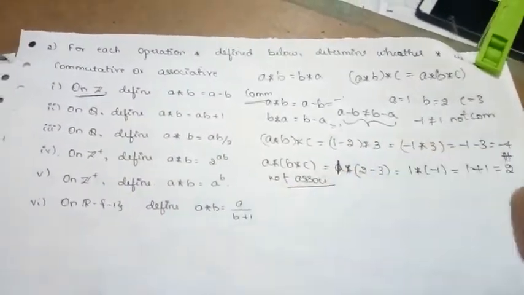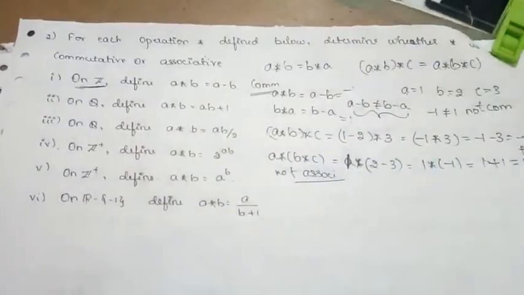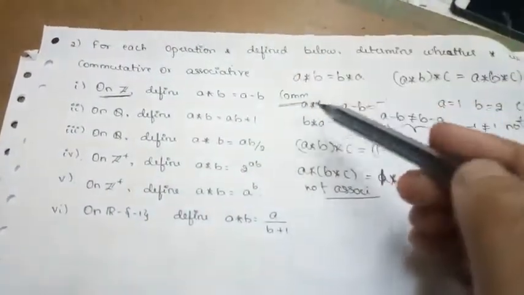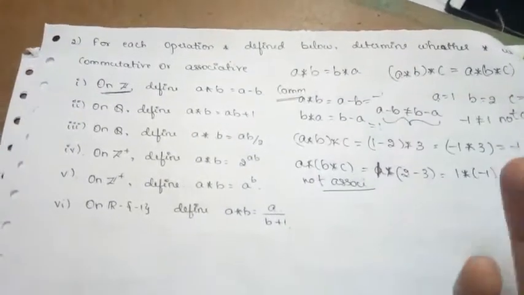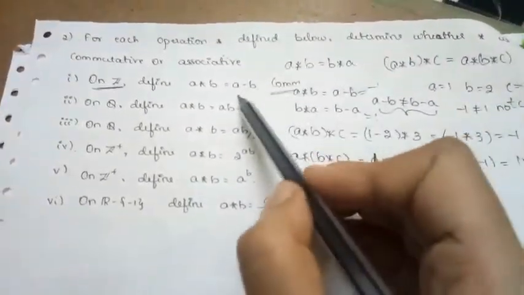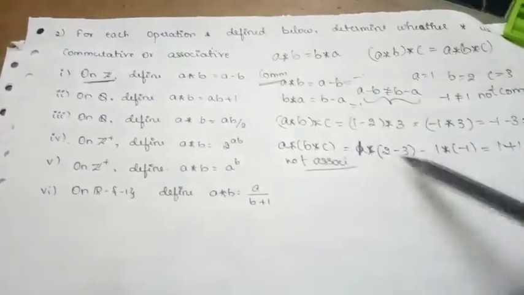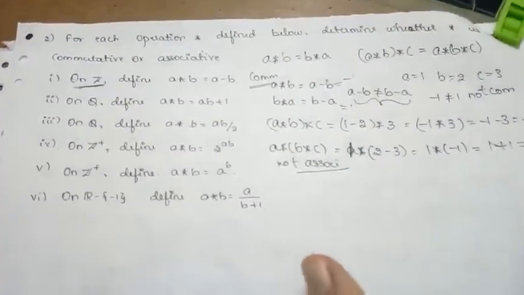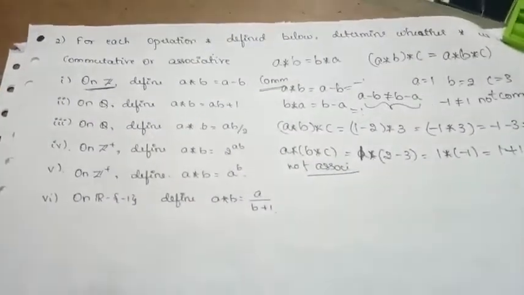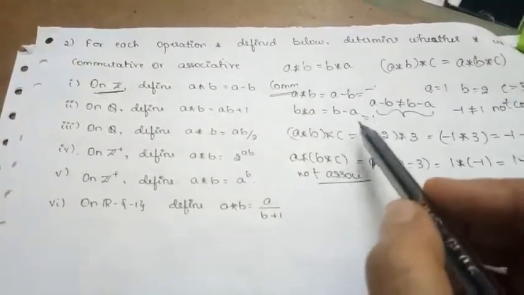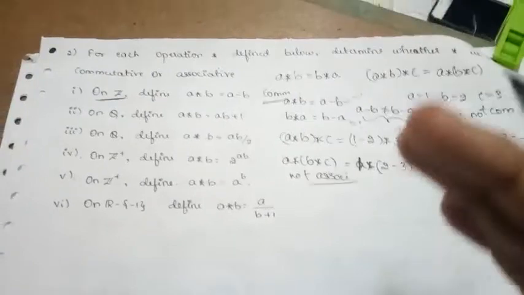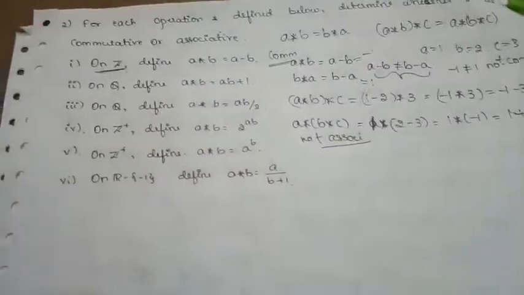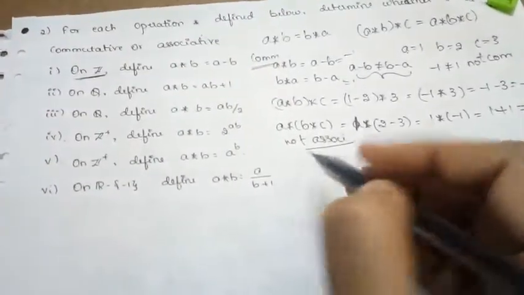So this is how we are going to check whether it is commutative or associative. By looking at how A star B is defined, you will come to know whether it is commutative or not, whether it is associative or not. Suppose by looking itself, you come to know that it is not commutative or not associative, then take one random example and show it, that's all. But if it is commutative or associative, at that time you can't give any random example. At that time you need to verify that it holds for each and every element belonging to that set. So let us move to the next one.